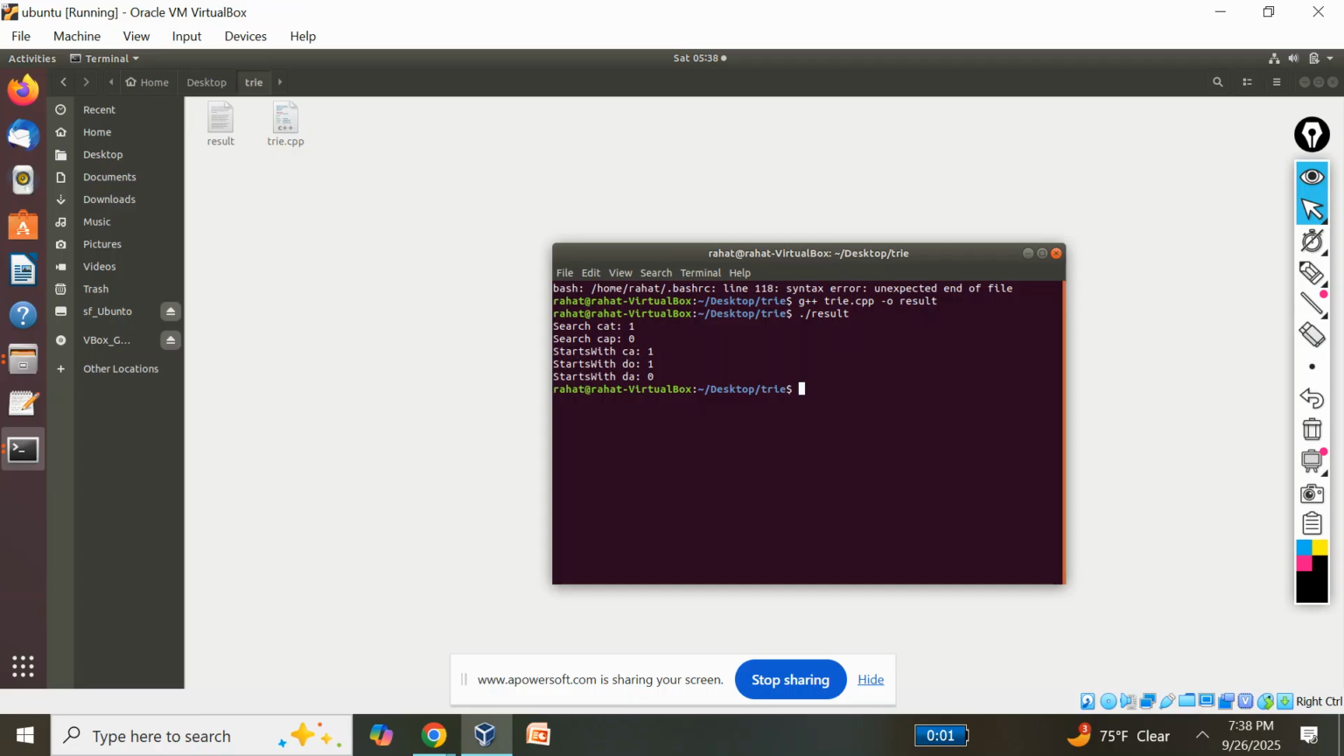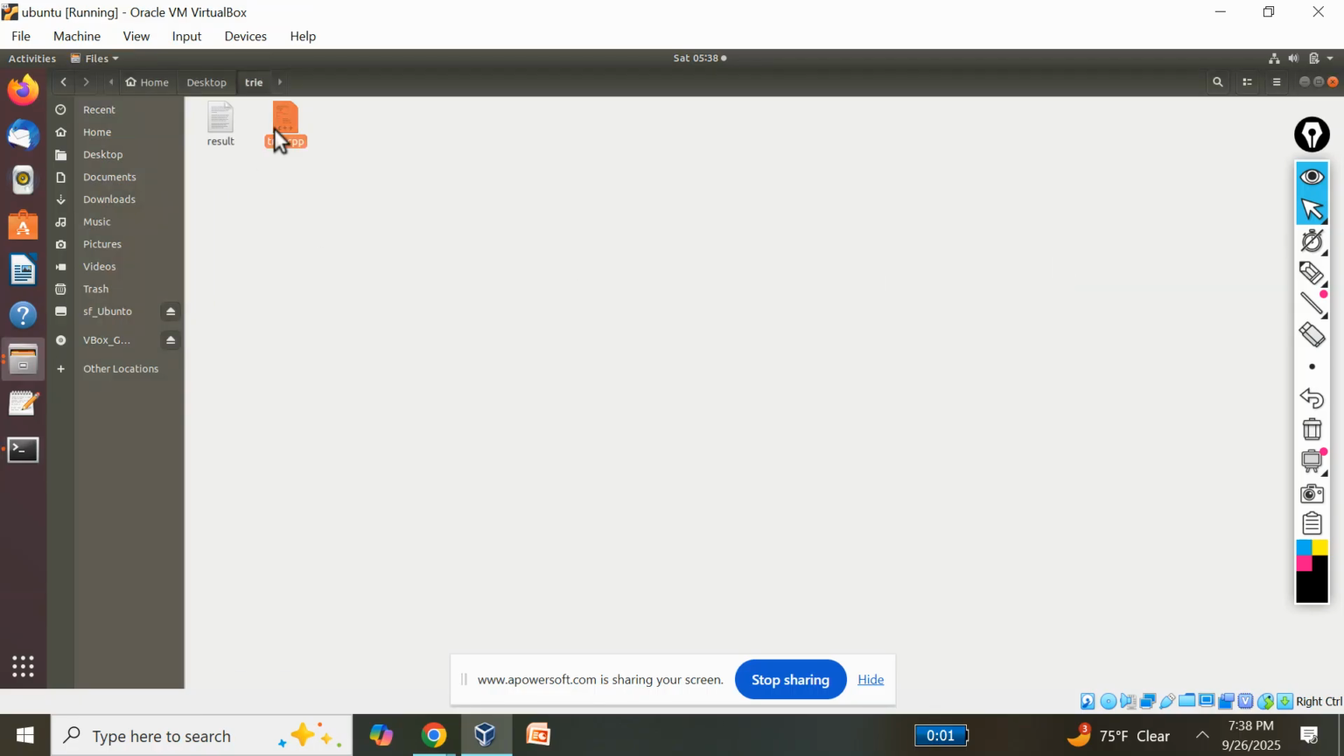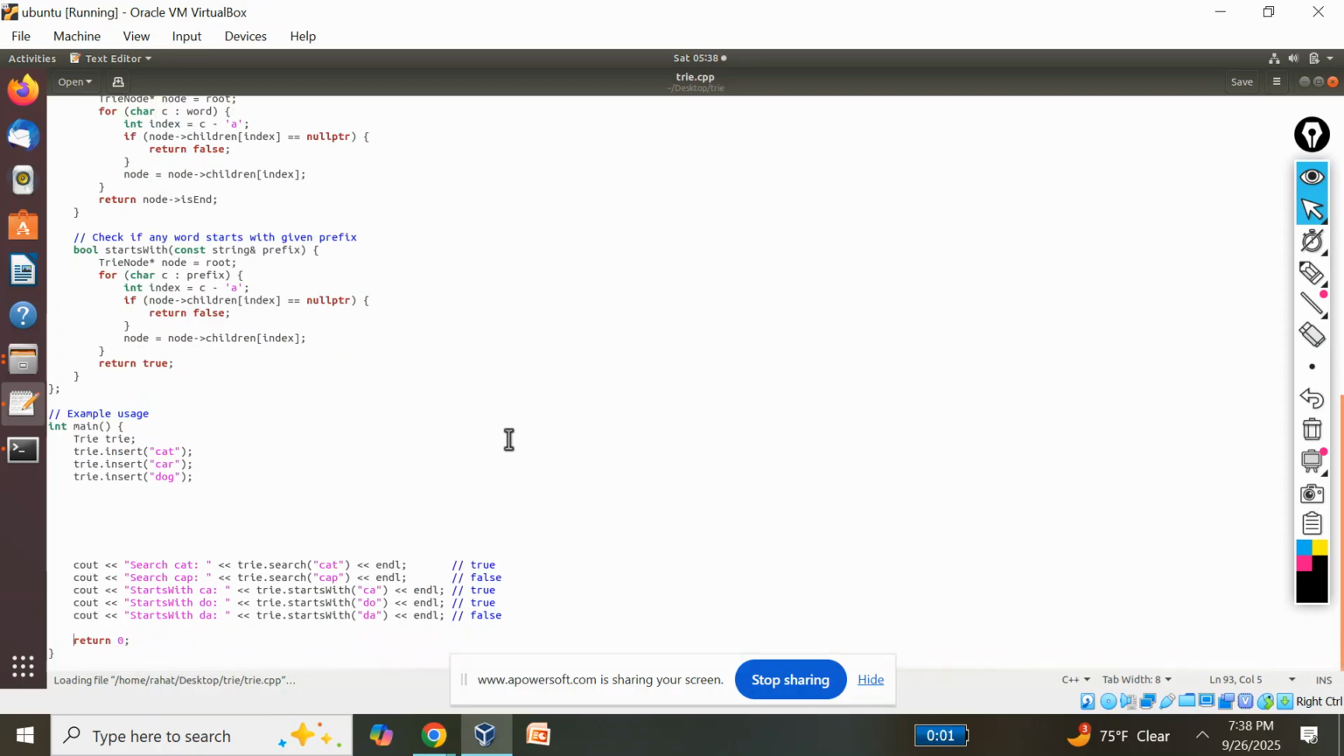See, it says search cat 1, then search cap 0, which means false because we did not have any value of cap, and then startsWith ca gives us true. 1 means true and 0 means false. We just sent the exact values, which are return 1 and 0. We can do the conversion here, like